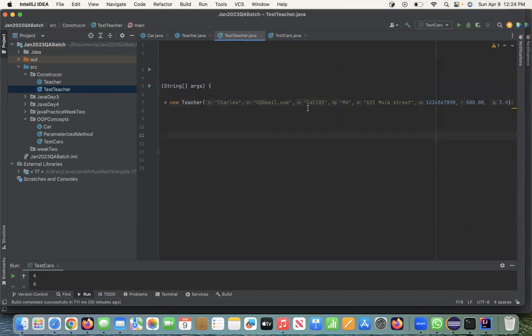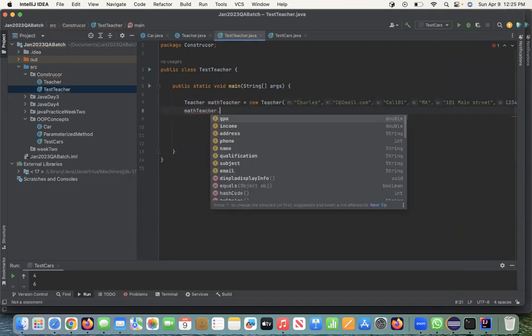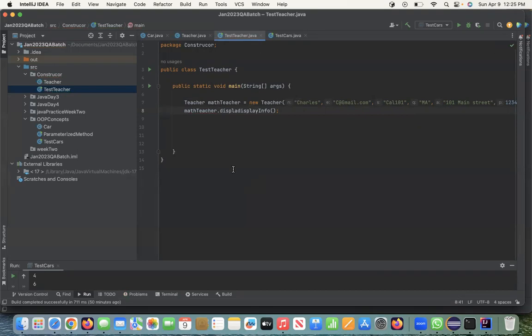So we gave all of them. So what else now? Now I can say this math teacher. You see that math teacher? Dot. Whenever I say dot, you see that display info? This option is here. Now if I run this,